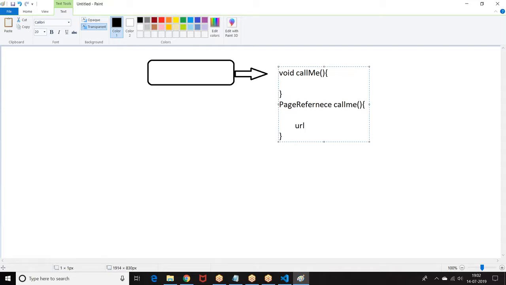Whichever URL we give, the action will go to that particular page on completion of the action. The same thing I am asking you to do in the handler, in the action. Give a reference to the URL of the page to which you want to navigate. If you want to navigate to the same page, give the same URL.